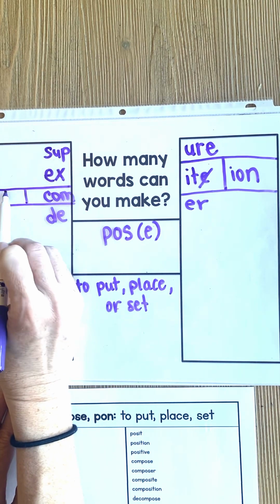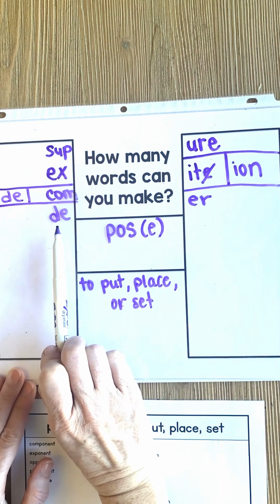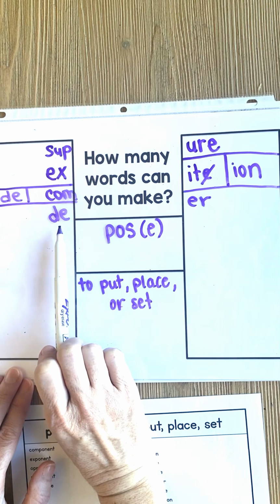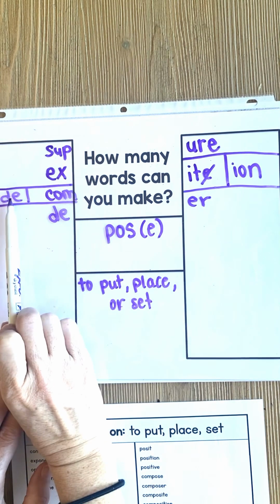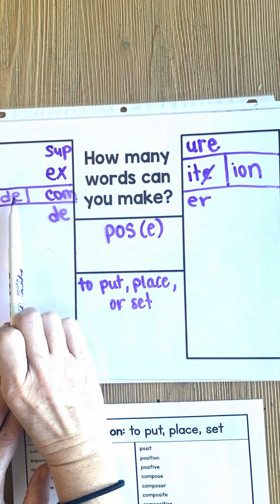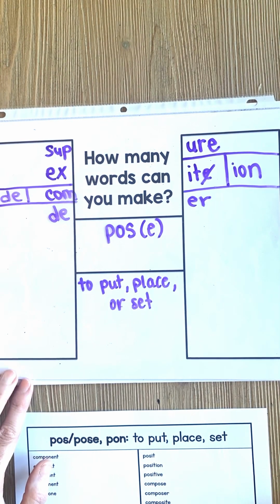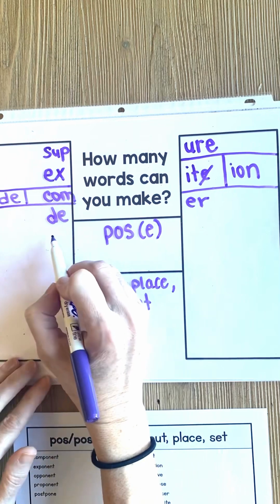You can also decompose. This D is different than this D. The way a word matrix works is that you go from left to right. So this would just be depose or deposit, whereas this one goes with the com, which I desperately need to move over. Decomposition or decomposed. Both of them work. We also have, let's see,